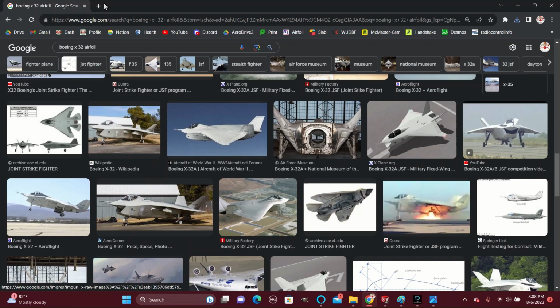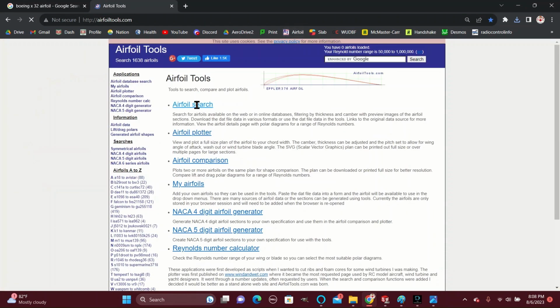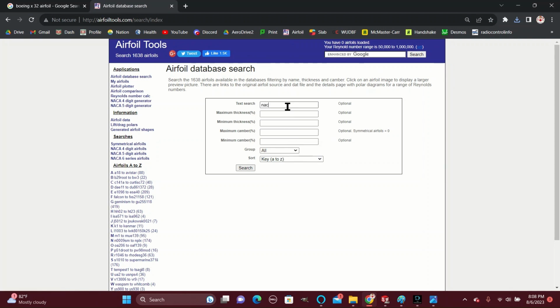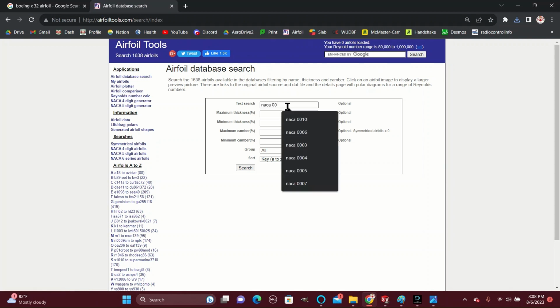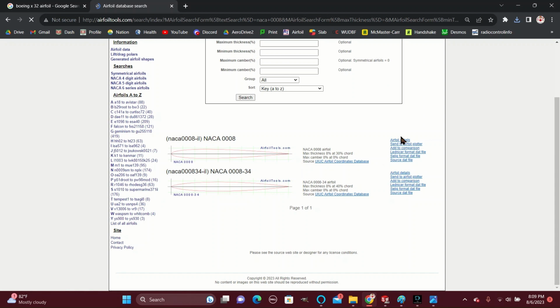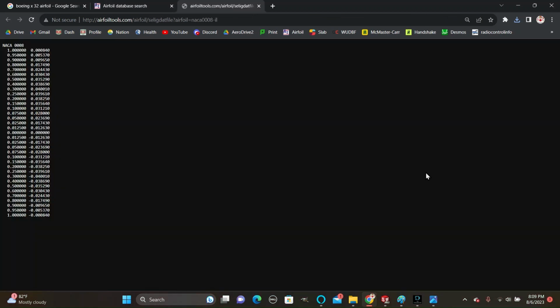These wings are slightly thicker, so I think I'm going to go with a NACA 008. So we can search that. Or, sorry, 0008. I'll select the first one, CLEAG format DAT file, copy all these numbers,